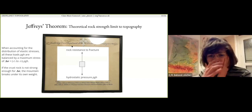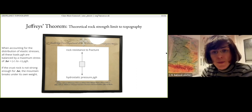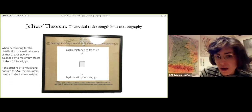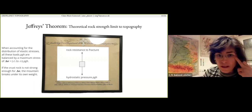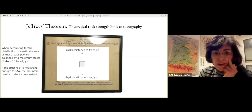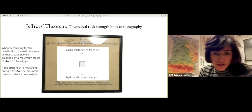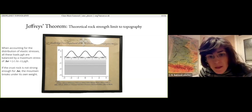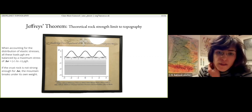And regardless, Jeffreys found that to support a topographic load equal to the hydrostatic pressure of rho g h, somewhere in the lithosphere underneath the load, there is a minimum stress of 1/2 to 1/3 times this weight of the load. And this prefactor comes in from the way that elastic stresses are distributed, but takes a very narrow range for all sorts of load configurations. So if it's a triangle or a rectangle or a sine wave mountain, it doesn't matter. The slope doesn't matter. You still get this result where it has to be a stress of 1/2 to 1/3 times the